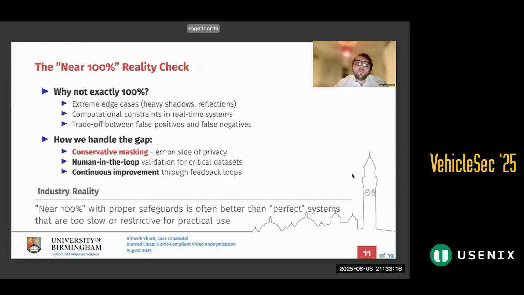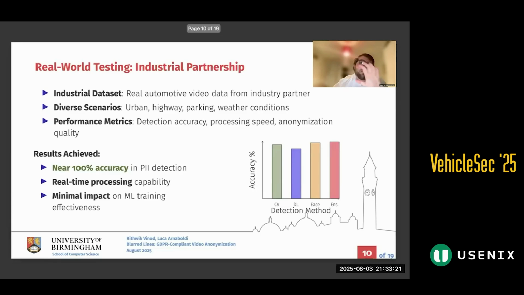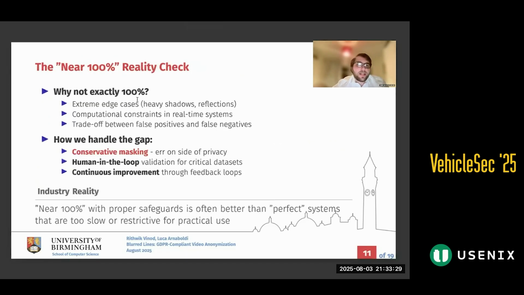But we weren't actually, well, here we say it's near 100% accuracy. And I said at the beginning, we needed 100% accuracy. What did this mean? So there were some extreme edge cases. Now, worth noting, when we say near 100% accuracy, in these edge cases, it doesn't mean we failed. It means we just had a lot of black boxes around the thing, which lost a lot of utility.